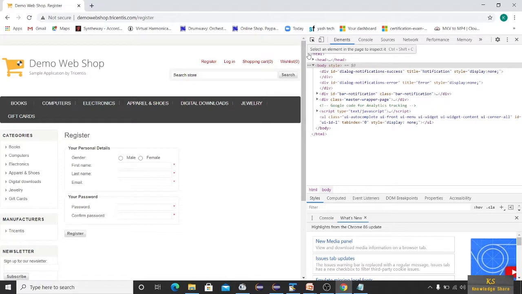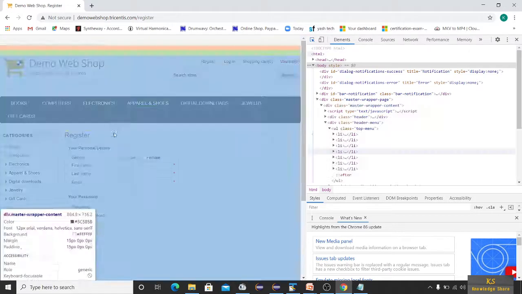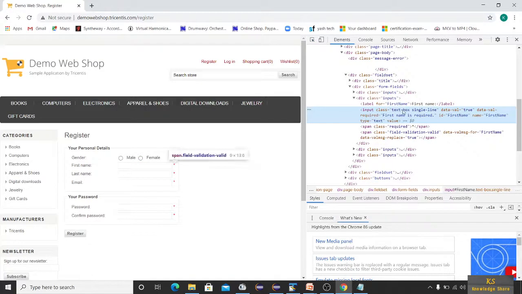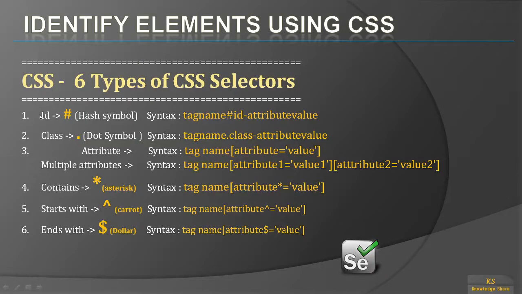First of all, let me point out one element and just click here. Input class is equal to text box single line. Okay, let us do the first one. If you want to identify an element using ID, you have to use the hash symbol, and the syntax is tag name, hash, ID attribute value.